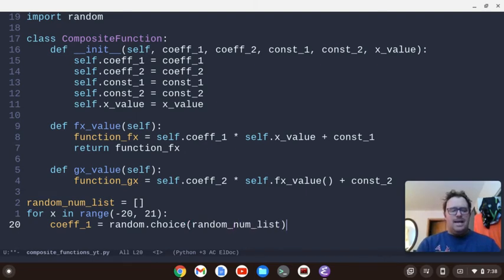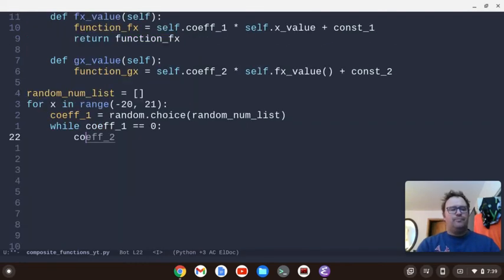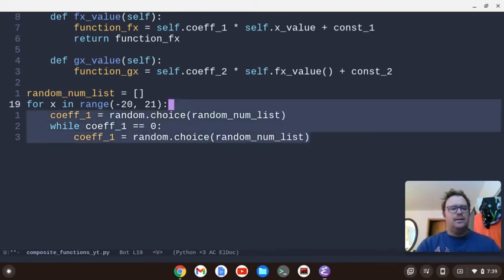Okay. And then I'm going to go down here and say while coef underscore 1 equals 0, coef underscore 1 equals random.choice from the random number list. Okay. And I'm going to repeat this